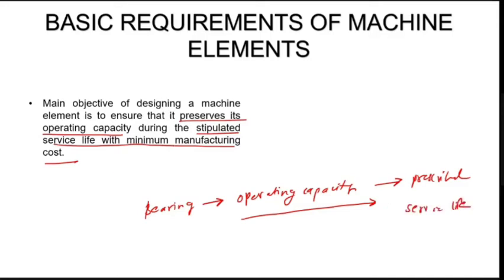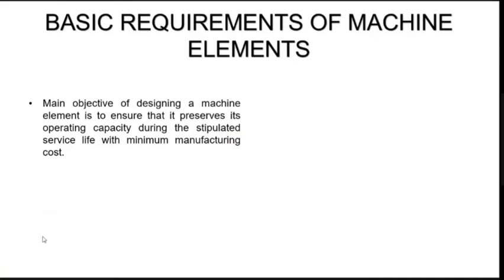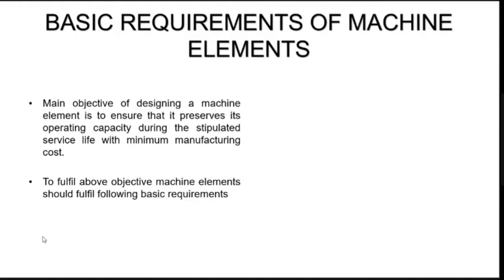and that too with the minimum manufacturing cost as well as the maintenance cost. Let us say you are designing a bearing and it is able to work maybe 1 or 2 months, or you have to replace it after 2, 3 months. That is not okay. You have to specify that it should work under the prescribed service life. It should have a good life cycle. So in the case of rolling elements, that is a bearing, the life cycle is very, very important. I hope you understand this.